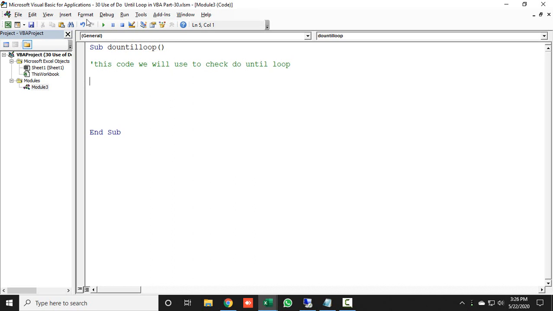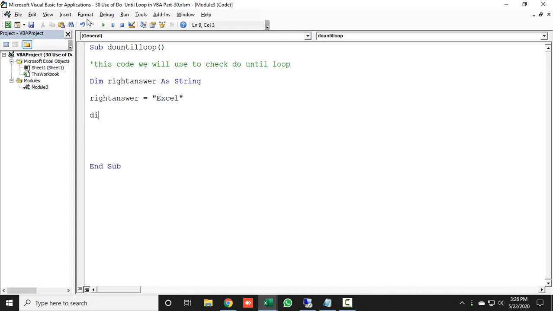First of all, I will take a simple variable as a string. So I'm taking Dim rightAnswer As String, and the right answer value is Excel.